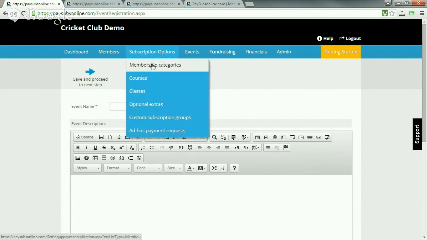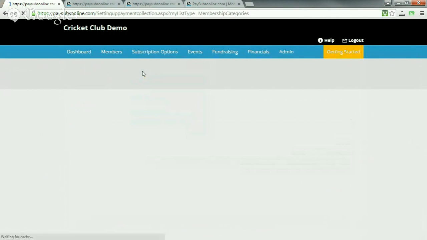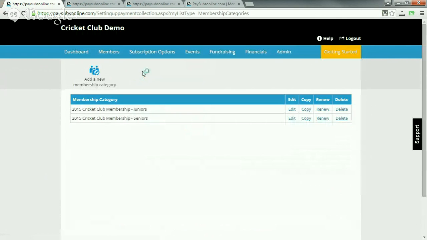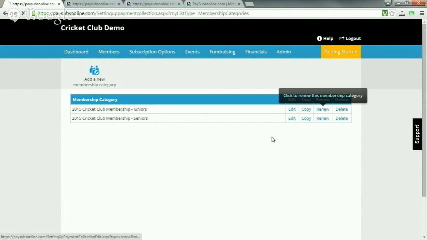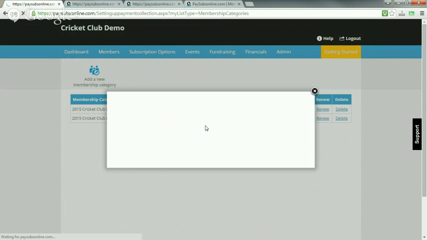And I suppose the one last thing that I really want to show you is how simple it is to do the renewal after the first season of using the system. You very simply just come over to the subscription options and then your membership categories, and you click on renew, and the system will say to you, okay, well, first thing we want to do is rename the membership category to say 2016, for example.